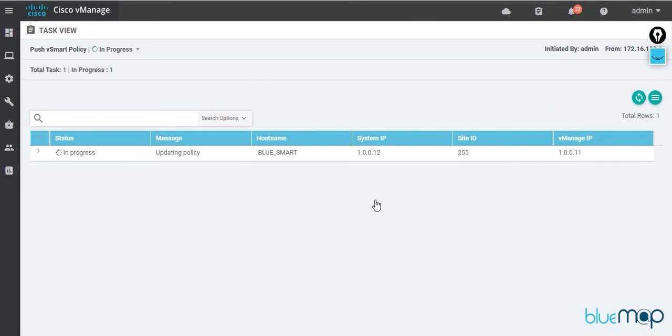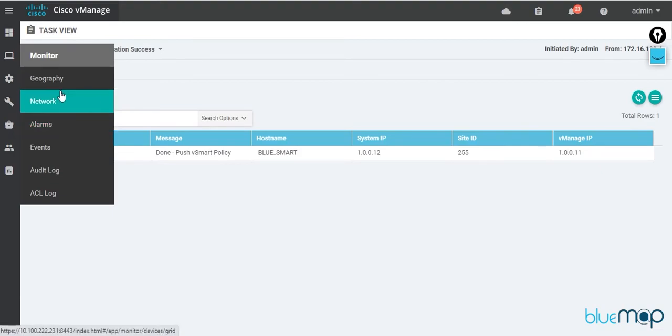Once this gets pushed, we will do the same check. So it's in progress. It will take some time. Just give it a moment. Okay, here we have successfully pushed the policy on the vSmart.